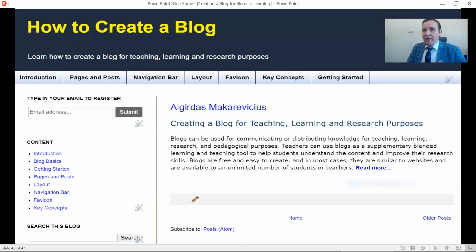This is how it looks. As you can see on top, you can see the title, How to Create a Blog. You can see the description, learn how to create a blog for teaching, learning, and research purposes. I also made a navigation bar where you can see in the horizontal line, introduction, pages and posts, navigation bar, and so on. It's very convenient to find information. The same information is below on the left side, content, introduction, blog basics, and similar things are here too. So for the sake of convenience,